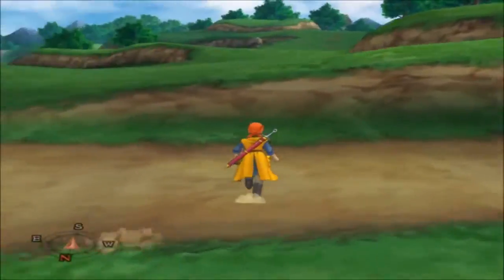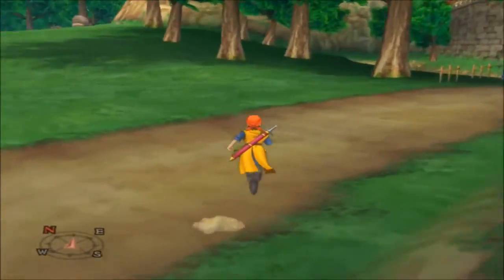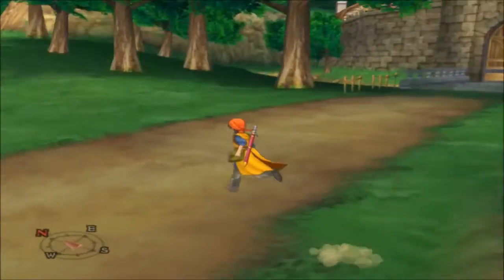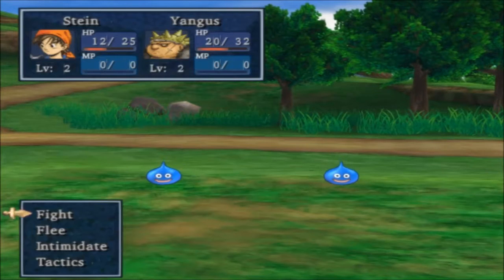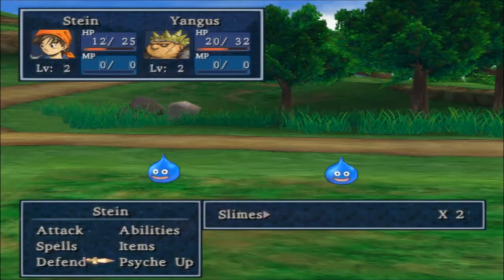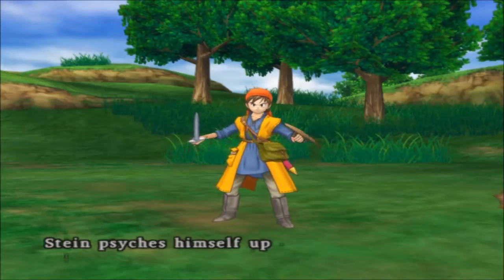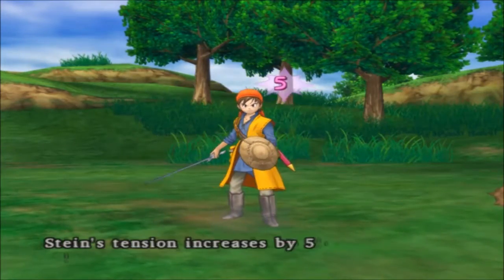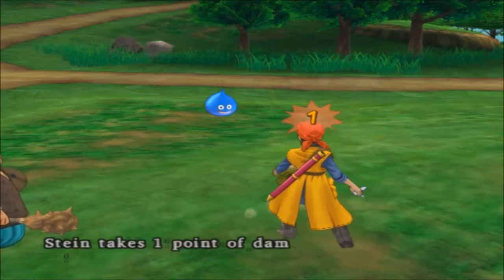Now, we could do something that a lot of people that play this game probably don't know you can do this early on. So we're up against 2 slimes. With one character, I'm going to reduce the number of slimes down to 0. And the other one, I'm going to just start psyching up. Psyching up is the process of taking one turn in order to basically...